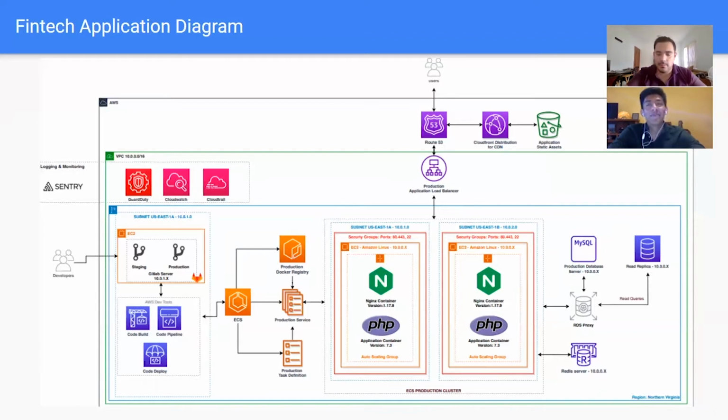Yeah, and besides security, dividing the services into microservices also helps with performance, because you can manage each one of them as an individual service in AWS using Docker containers. So you can see how PHP is working, how Nginx is working, and how your database is working as well.